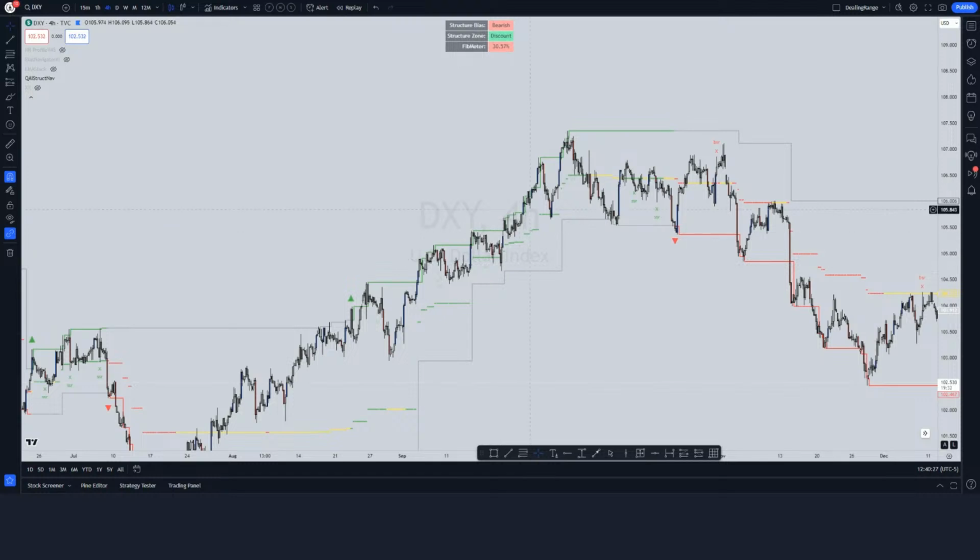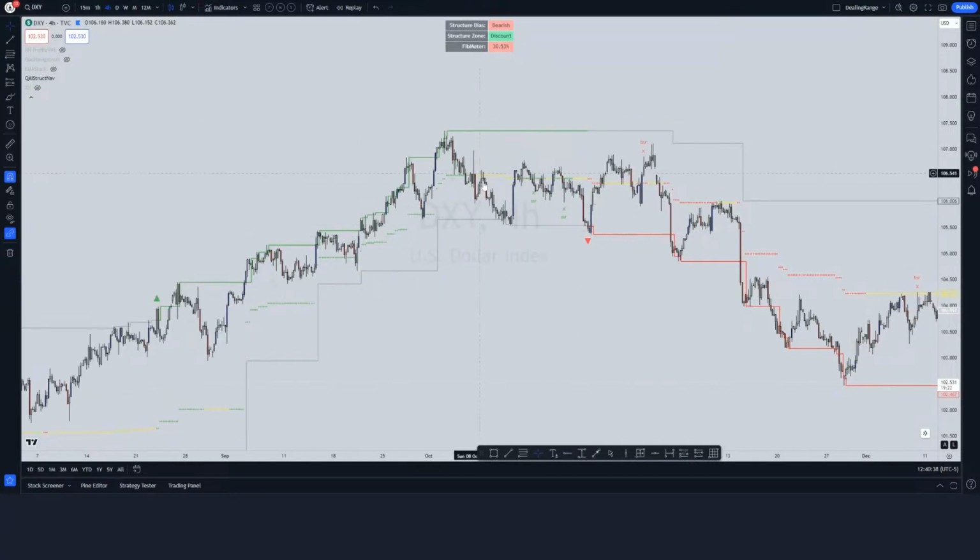Okay, so we trade all the way up to here. As you can see, we start now seeing some indecision. Yellow just means yes, the structure is still bullish, but you have to be more careful. You have to start paying attention, because we may be entering a consolidating market. As you can see, we have some consolidation here,